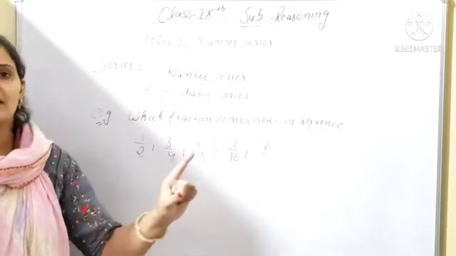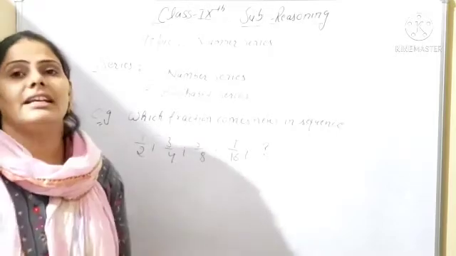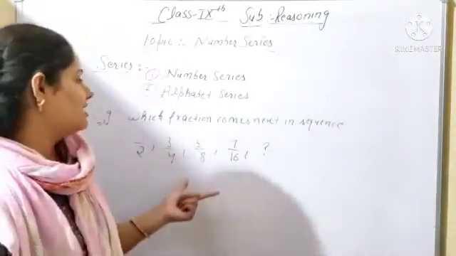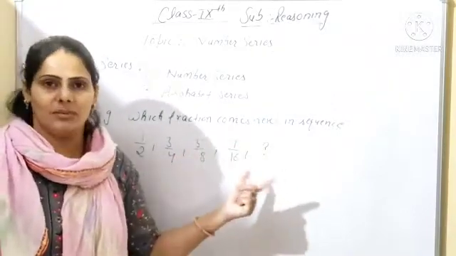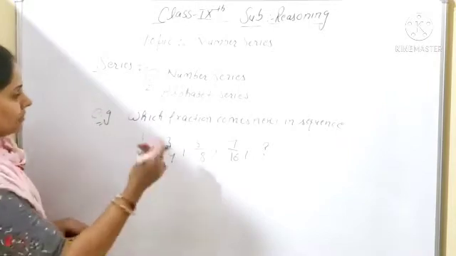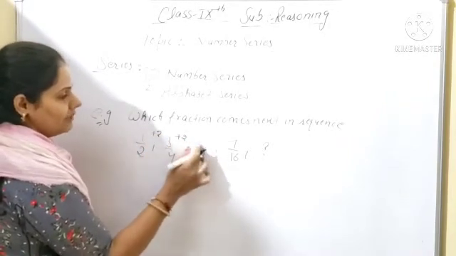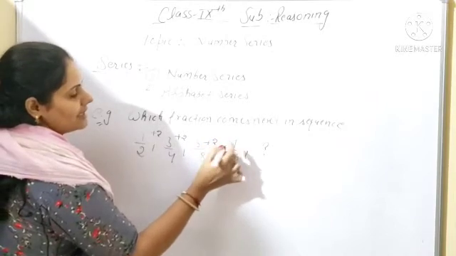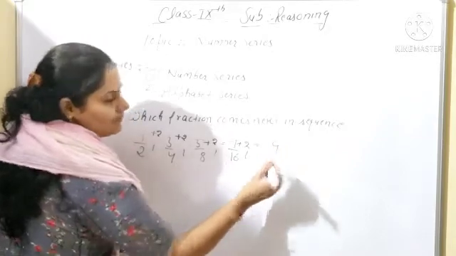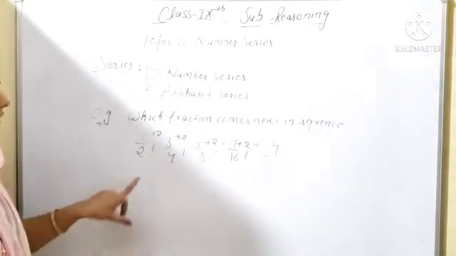Before that, simple numbers were given. Here only numbers are given. This is also a number series, but it is given in numerator upon denominator form, meaning a fraction is given. So you will first recognize what will be at the place of numerator and what will be at the place of denominator. Beta, here first you can see 1 plus 2 you are getting 3, 3 plus 2 you are getting 5, 5 plus 2 you will get 7, and 7 plus 2. So what will you get in the numerator? It will be 9. Clear? So the numerator you have got. After that you will find out the denominator.